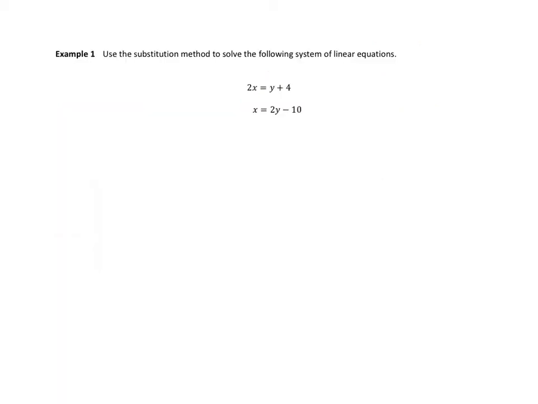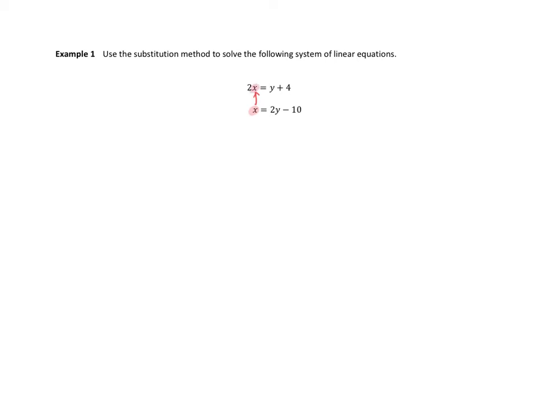So let's try this in example 1. I want to use the substitution method to solve this system of equations, and let's see if we actually find a solution. There are multiple ways to solve systems of equations, but I'm going to choose what I think is the simplest. And here's what I'm noticing. This equation is already solved for x, and I'm seeing an x right here. I can take 2y minus 10, put it in place of this x, and I'll have one equation with one variable in it. So I'm taking this x, I'm going to plug it in right here,